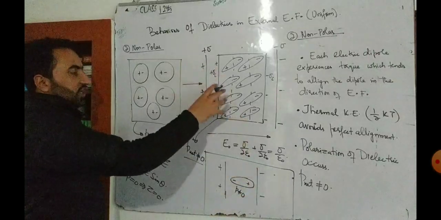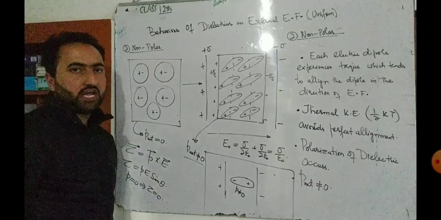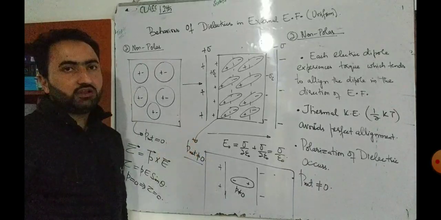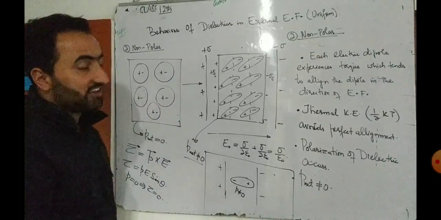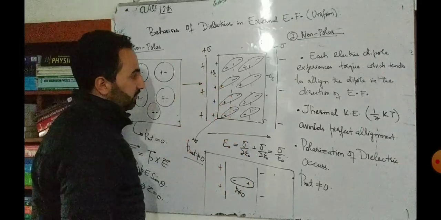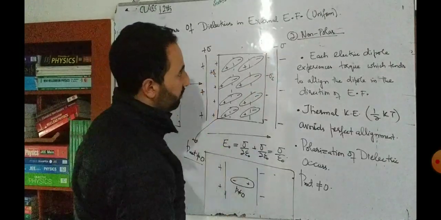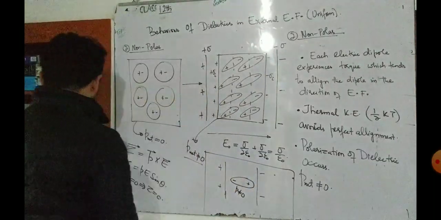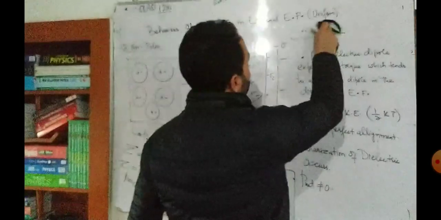So what was the situation in the polar dielectric? Exactly the same situation is in the non-polar dielectric, but in a different way. In that case, torque is exerted on each molecule, but in this case, stretching occurs on each molecule. So this is actually what happens. Again, it implies that this face will develop a negative charge, and this face will develop a positive charge. Now, these important points, these important points.